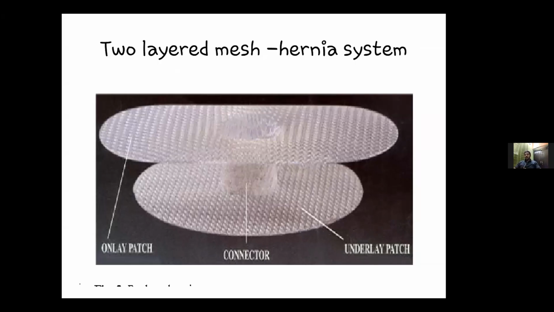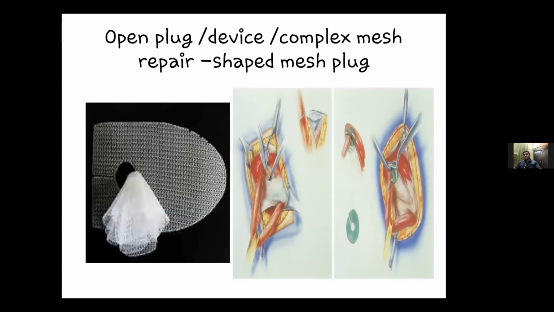Sir, many retrospective studies have been conducted, but no studies have come to a conclusion that this type of technique is superior to Lichtenstein mesh repair, sir. What is the problem with the plug repair? It can slip out of the deep inguinal ring if it is placed, or it can form a meshoma, sir.